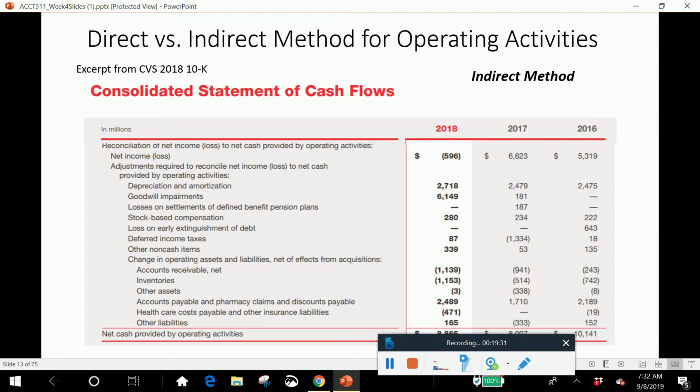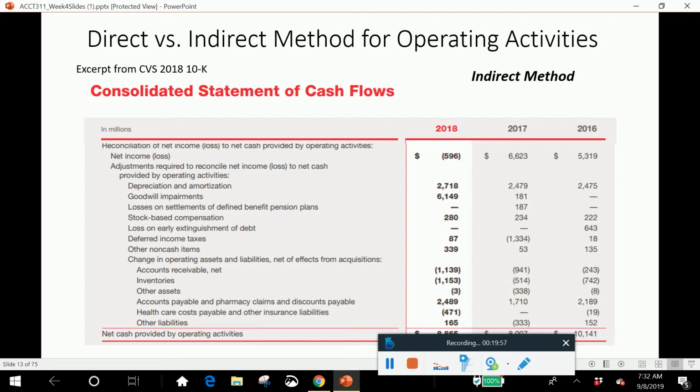And so what you'll see here is they start with net income and then they make adjustments. So for depreciation and amortization, goodwill, stock-based compensation, other non-cash items, and then you get down to the bottom and it's the changes in operating assets and liabilities. And this is where this information isn't necessarily very helpful, right? Accounts receivable, inventories, other assets, other liabilities, like that's